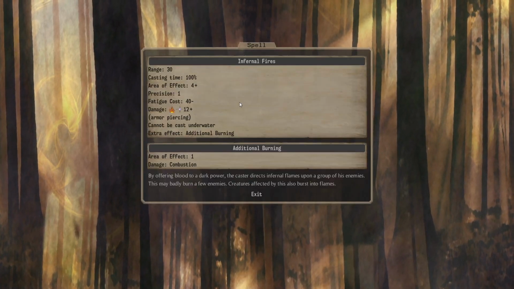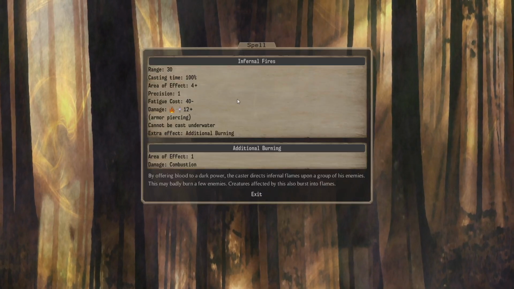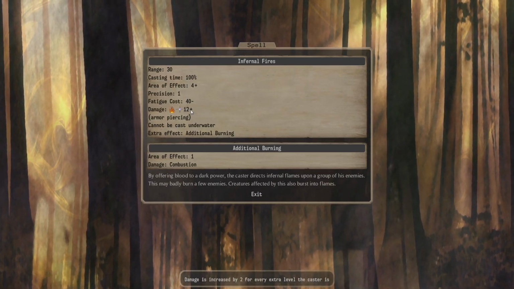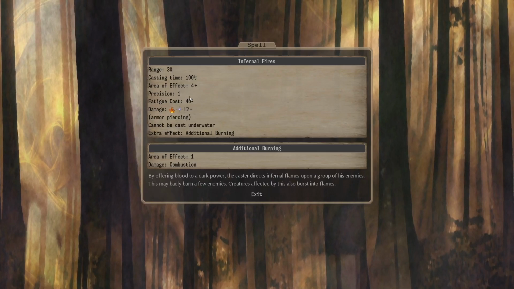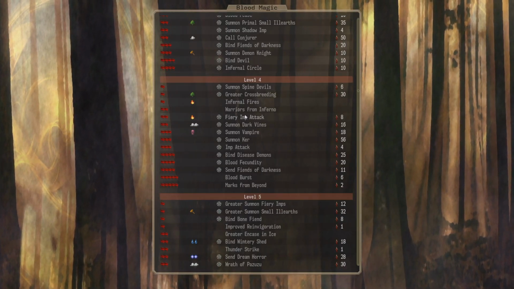Infernal Fires. Requires B1 F1, so we can do this with our Shaitan and stuff. Let's see, AoE 4 plus 1. Damage is 12 plus 2. Armor piercing, magic fire damage with additional burning. Kind of duplicates a lot of stuff in Evocation, but...